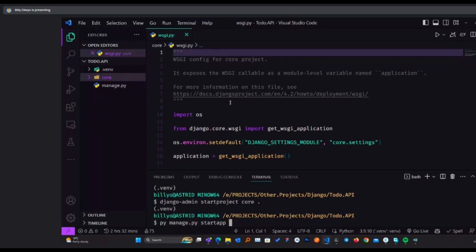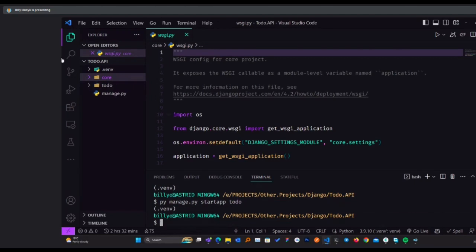Okay, so just to continue, there are two ways when we want to start a new application. The first is we start using the manage.py file. I'll write py manage.py startapp, then I'll be able to give the name of the app. In this case, you're going to create a to-do API, because a to-do has all the functionality that you need. We have the create functionality, the read, the update, and the delete. That's what we're going to build. So for this, I'll say py manage.py startapp todo.